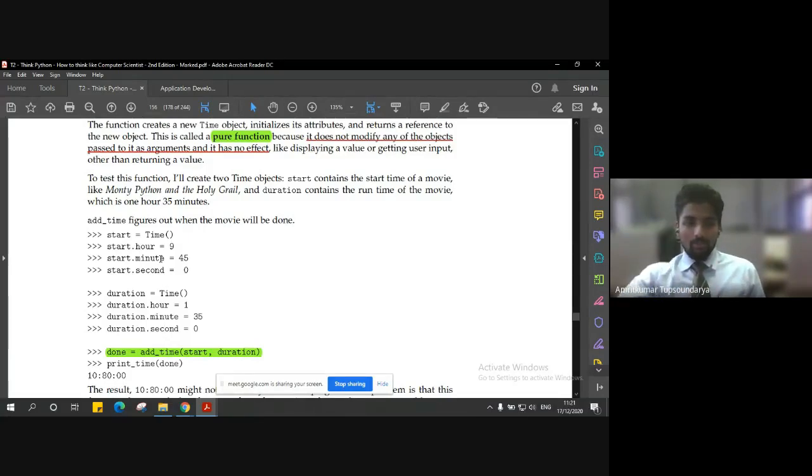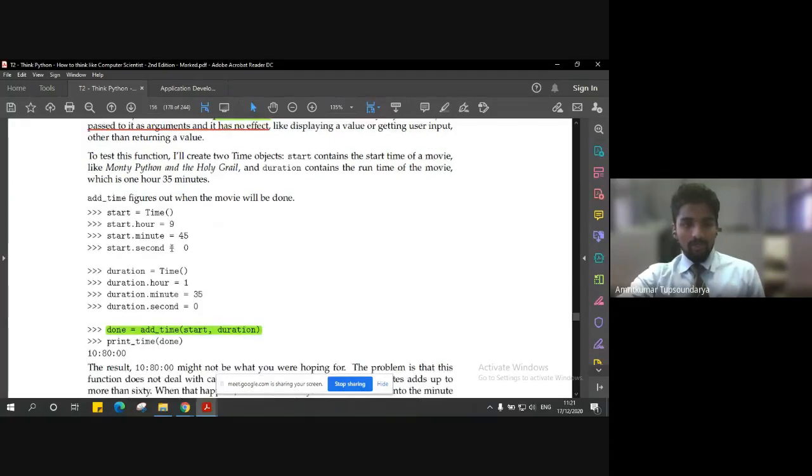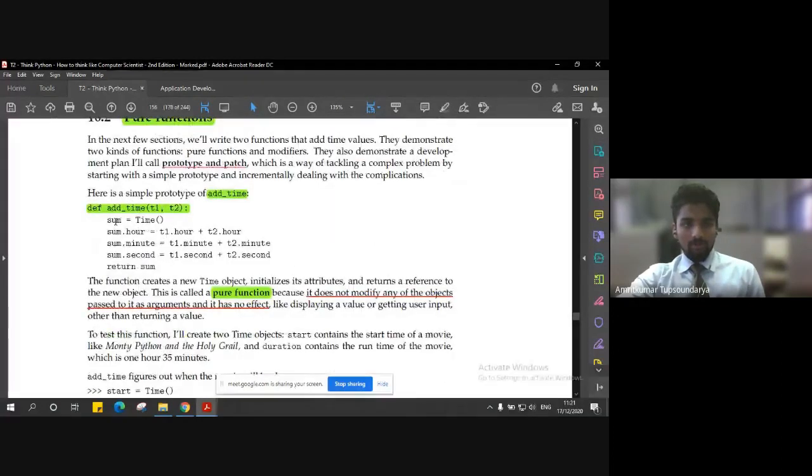The simple way to do it is to add the timings: add the start time of the movie and the duration of the movie, so that we get the end time of the movie. So it is a simple add operation, the same add time that we have done here.